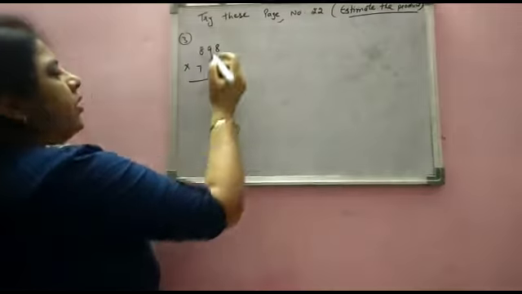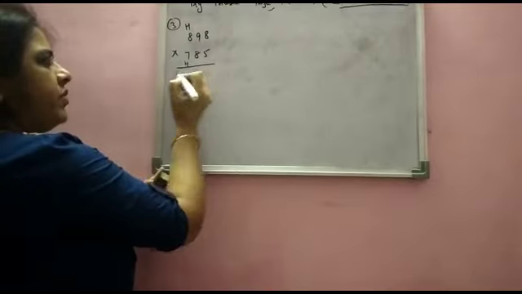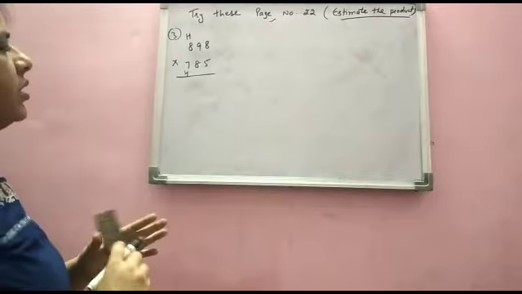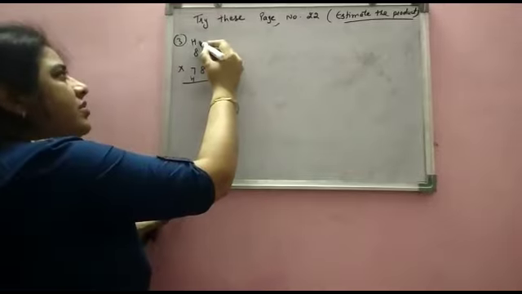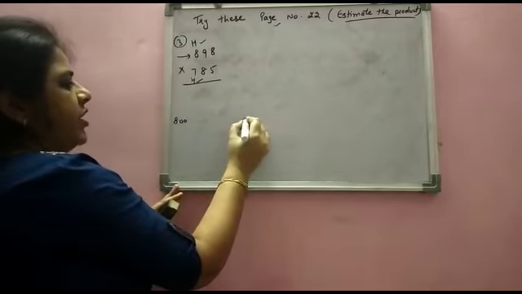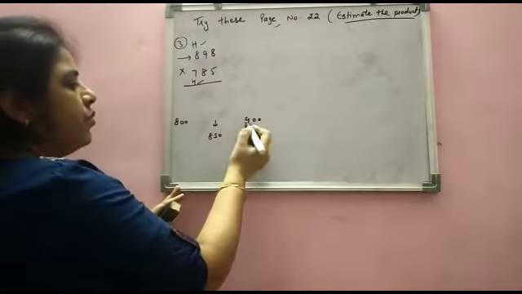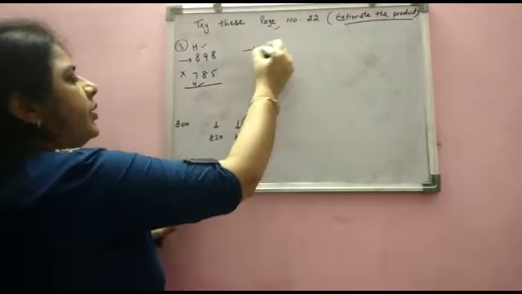Now students, third example, find the product. Here we are estimating the product. So first we will estimate the numbers and then we will find its product. What is the maximum place of this number? 100. And what is the maximum place of this number? 100. So for both numbers, the greatest place is 100. So each number will be estimated at its own greatest place, which means we will estimate at 100. 898 lies between 800 and 900. So what is the halfway? 850. So it's more than halfway. So it will be estimated to 900.